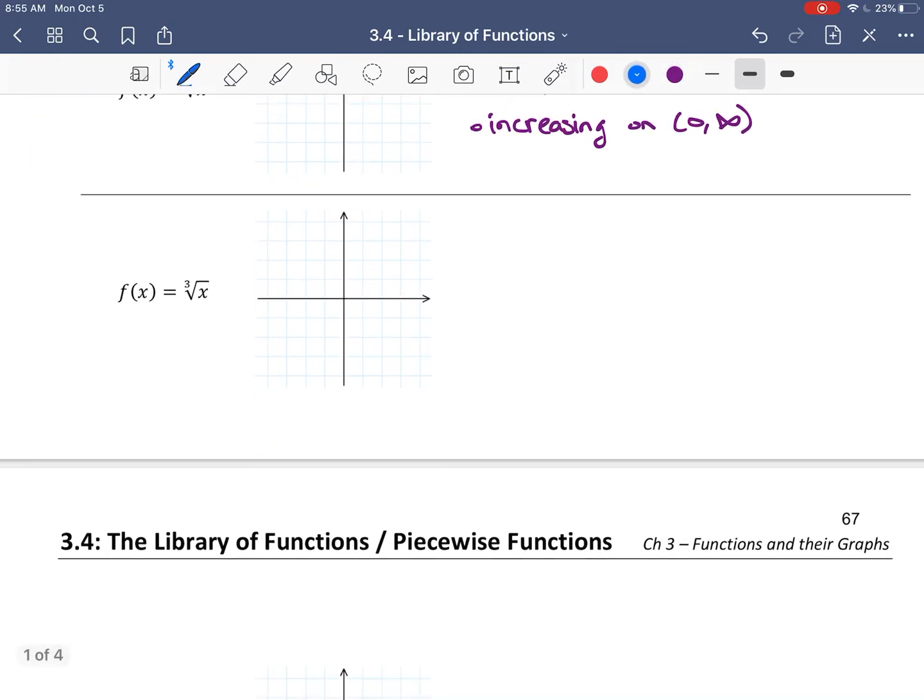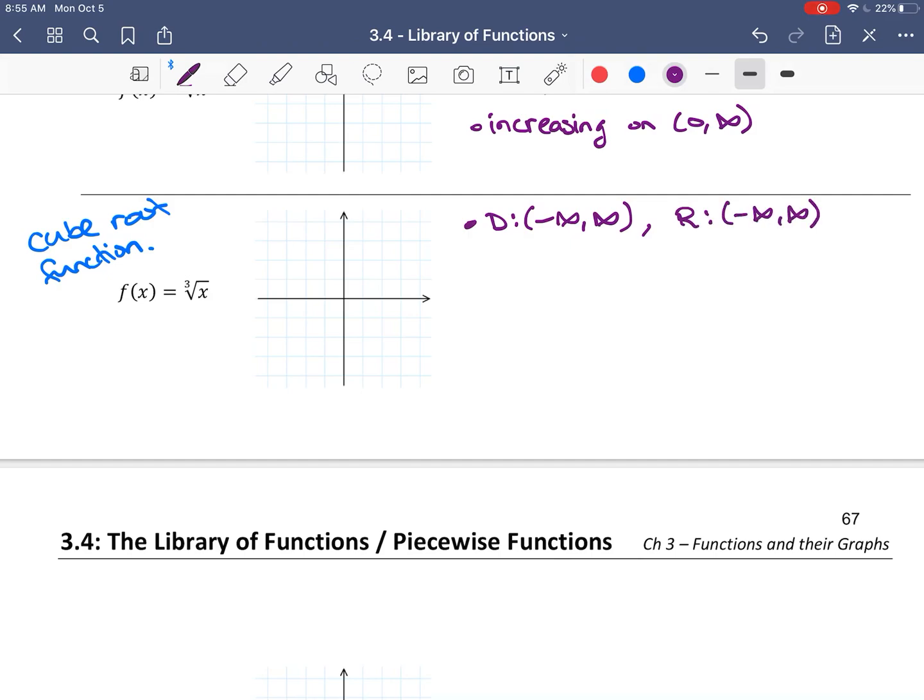And then we have the cube root function. Now when we have a cube root, we can actually plug in all the x values. So our domain goes back to being all real numbers. And in fact, the range is also all real numbers. This one is an odd function because if you have the cube root of negative x, that's negative the cube root of x. And what you get for this one